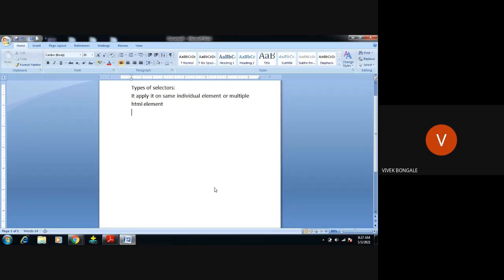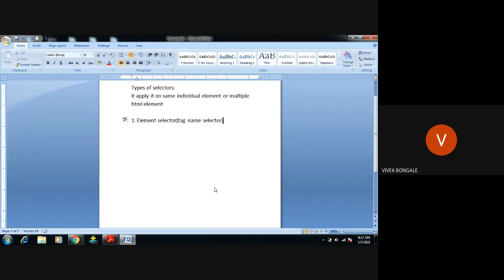Okay, different types of selectors we have. First selector, we say it as an element selector. Another name is tag name selector. We have different types of selectors, right? In that, the first selector is what? Element selector.